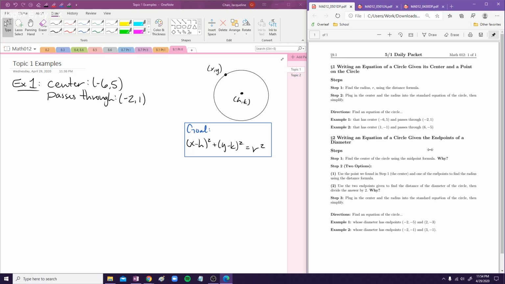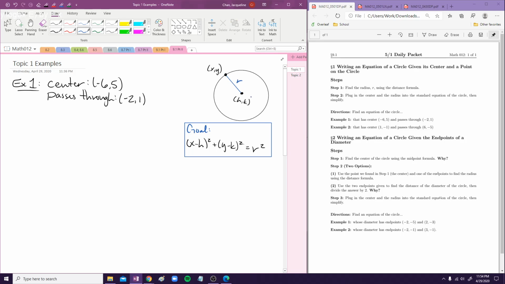So essentially, what is that? If I have this circle here, we're given the center (h, k) and we're given any point on the circle (x, y). It doesn't matter, it could be anywhere. But what do we know about a circle? A circle is equidistant. So no matter what point we pick on the circle, as long as we're given the center, we know that the line from the center to a point on the circle is called the radius,